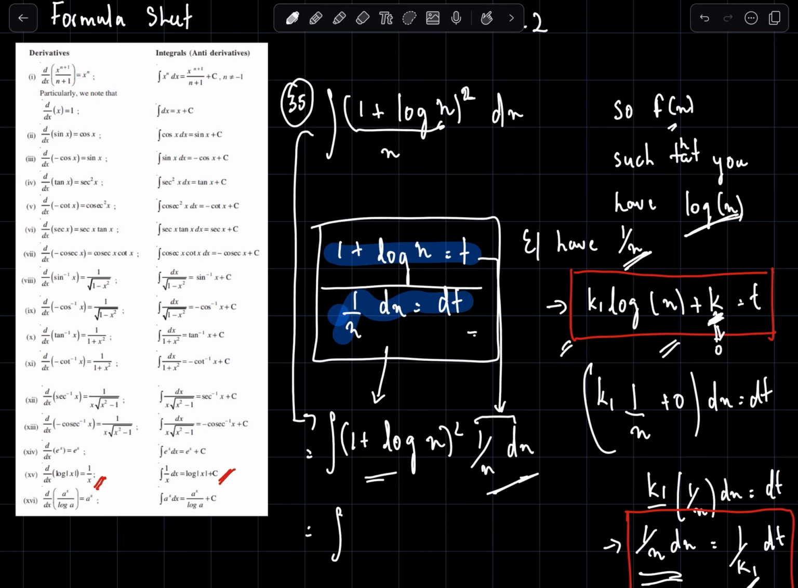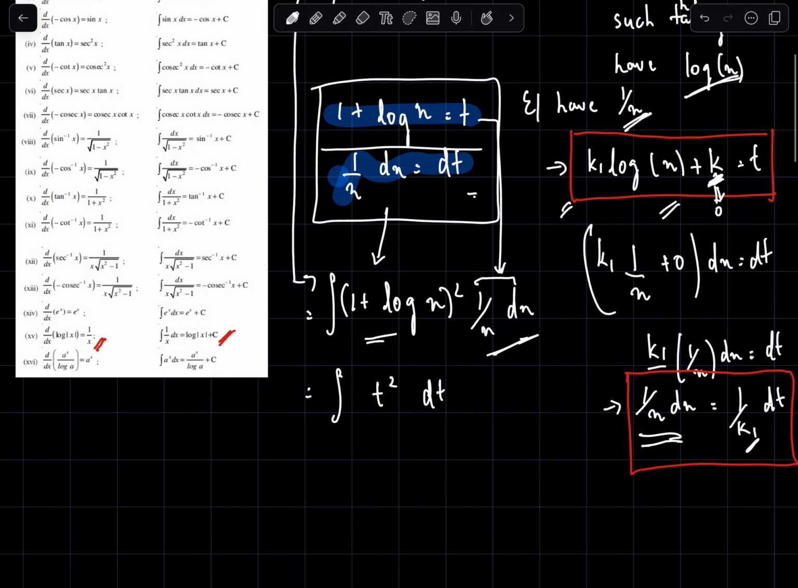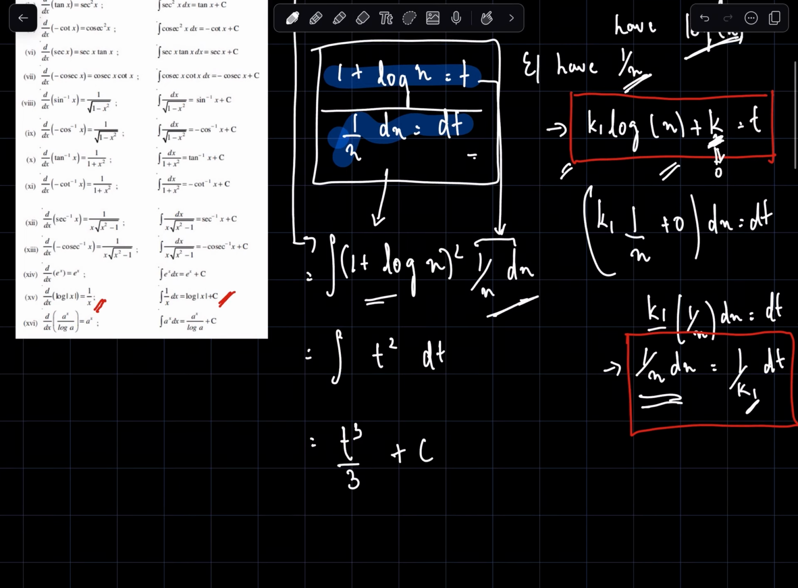Which is equal to integral t squared dt, and so this is equal to, in what is t squared? T cubed over 3 plus c, which is basically what? So substitute t again back into the equation,